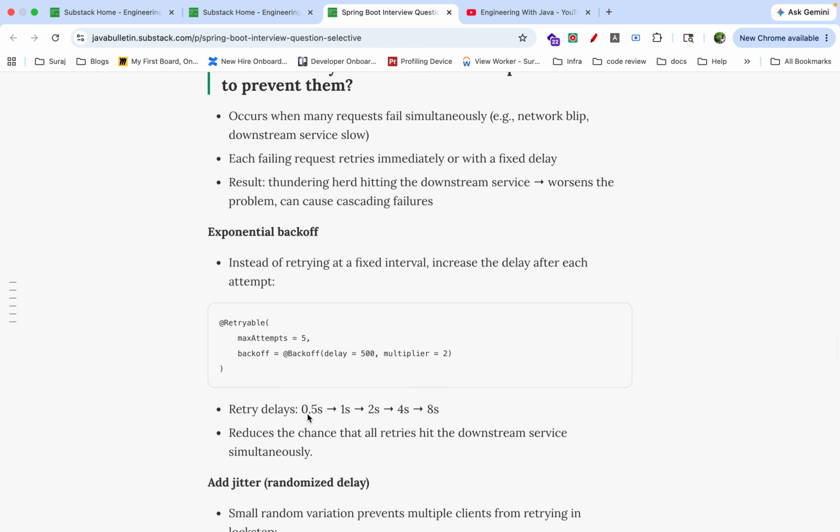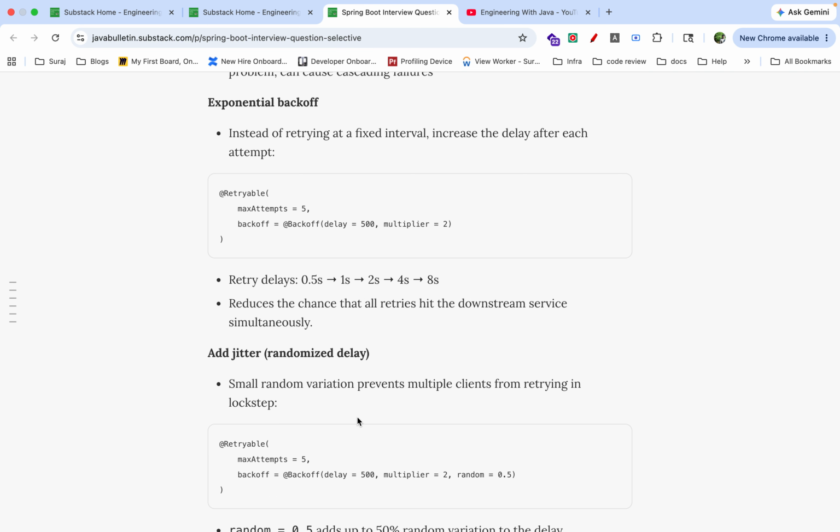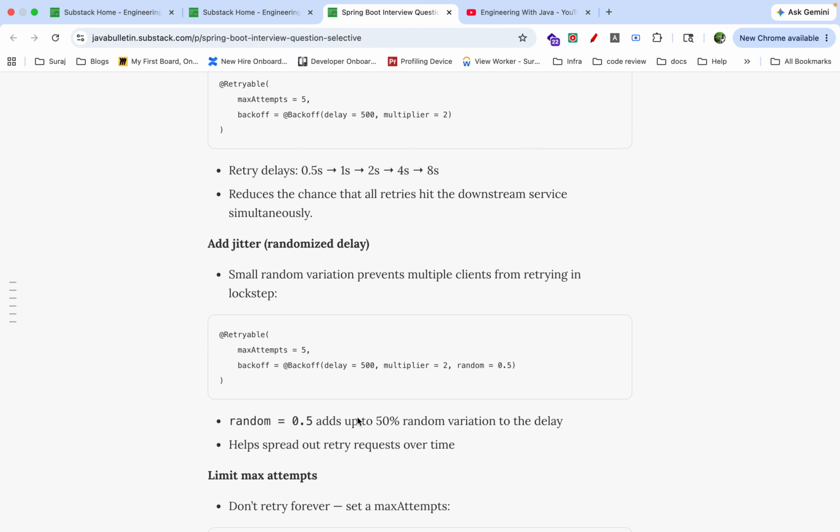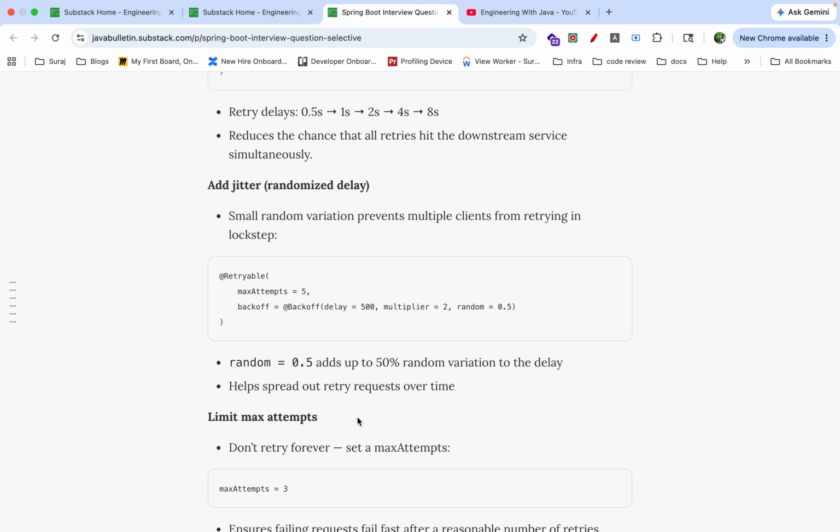So retries would be like 0.5 second, 1 second, 2 second, 4 second, and 8 second. So there's not a fixed interval. Basically there's an increased delay, and we should also add a jitter to randomize it, so that if two requests fail at the same time, they don't do retries in lockstep, and you have some distribution or variation in the retries, so that these two basically help spread out the